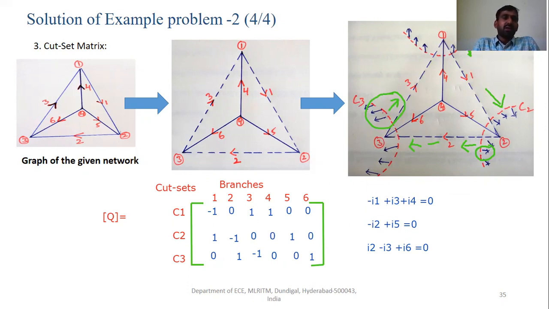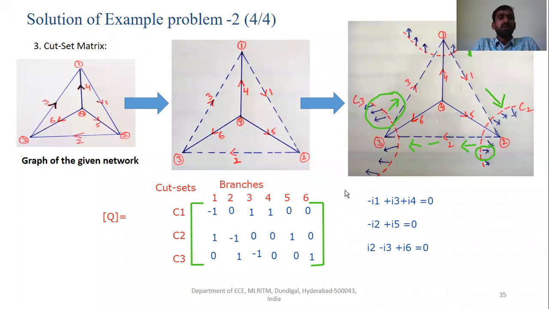Or else, the important relations you have to learn are the relations between the cut set and the tie set, and also the incidence matrix and the tie set matrix. You can check for the transpose orthogonality. There is an orthogonal relationship between Q and B, where Q is the cut set matrix and B is the tie set matrix. You can check the orthogonal relation to see whether your matrix is correct or wrong.